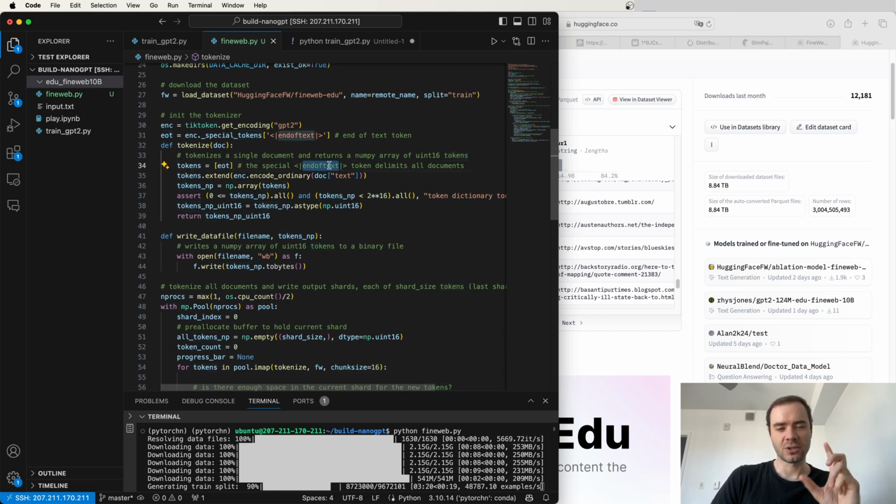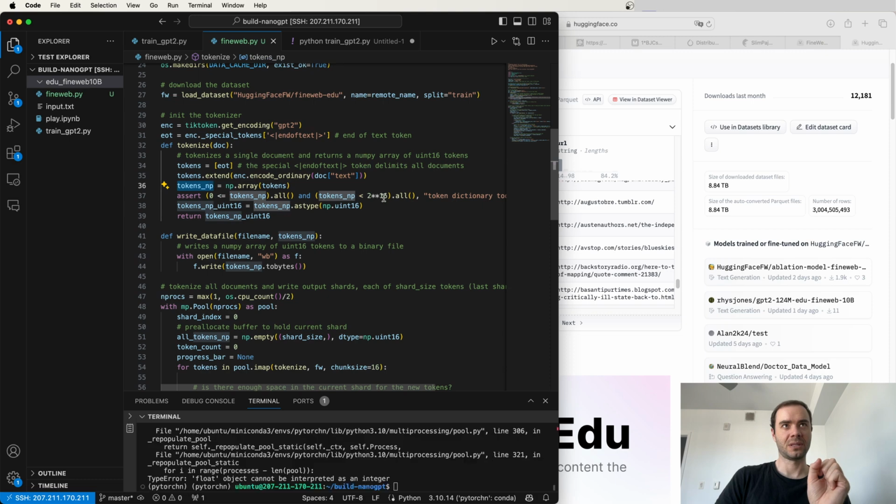This is a special token in the GPT-2 tokenizer, as you know. So 50,256 is the ID of the end of text. And this is what begins a document, even though it's called end of text. It's the first token that begins a document. Then we extend with all of the tokens of that document. Then we create a NumPy array out of that. We make sure that all the tokens are between,